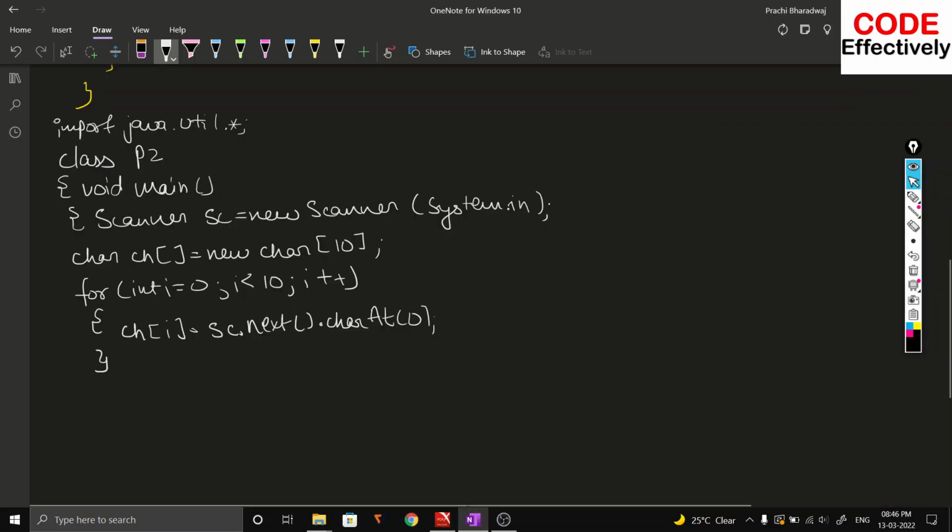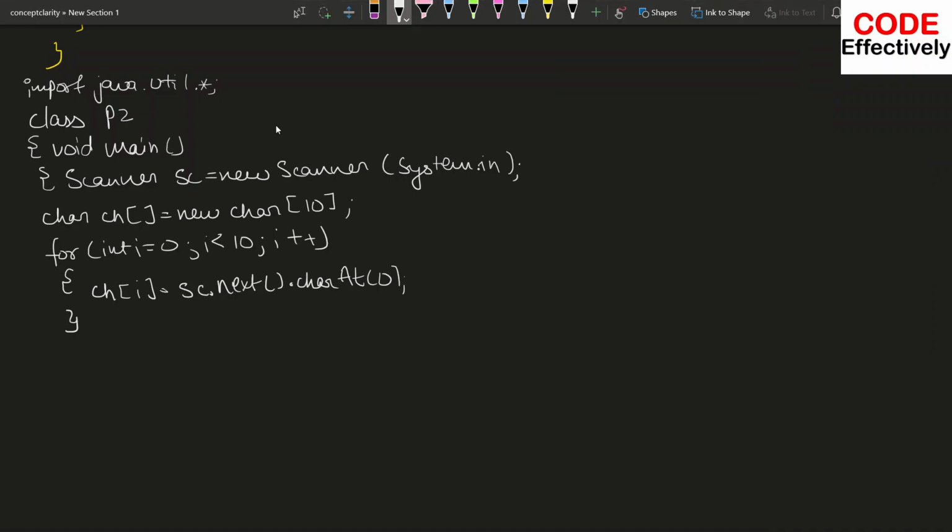Very easy. We will just do it in one for loop only. For that, let's take counters in hand before. For the uppercase, let's take upper equals 0, and for the vowels let's take vo. Okay, done. Now we will take a for loop, int i equals 0, i less than 10, i plus plus, and then we will check if ch